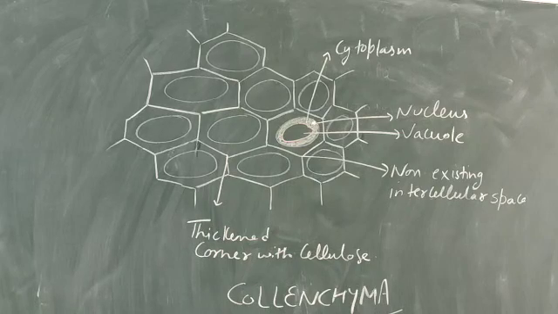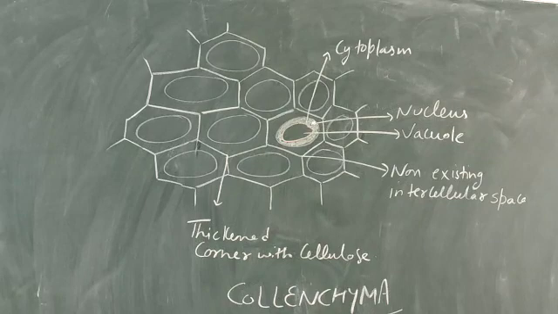Before that, we discussed the parenchyma, which has its function. We also discussed the diagram. The next topic is the collenchyma. In this tissue, as you can see in the diagram also, the difference between both of them is that there you find the intercellular space, but in this case, the intercellular space is absent. You can see the walls are thickened, the wall corners are thickened with extra cellulose, due to which the intercellular space is absent in the case of the collenchyma.